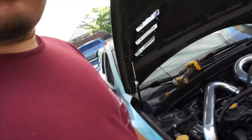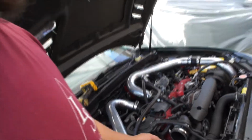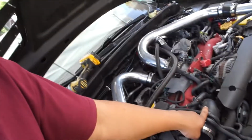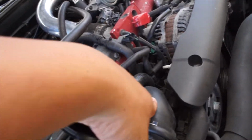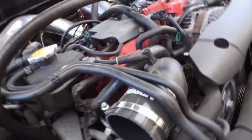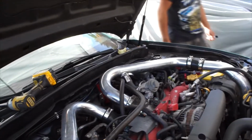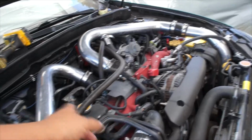Today we are working on the STI. I already got started by taking off the intake. I don't know if you guys can tell by that. I doubt it, but we're gonna attempt to change out the turbo inlet hose, because my sister thinks this one might be cracked. She's having a lot of weird fuel numbers reading on her gauge, on her Access Port, so she thinks it could be that. Process of elimination, pretty much. And Daryl's here, but yeah, we're getting started